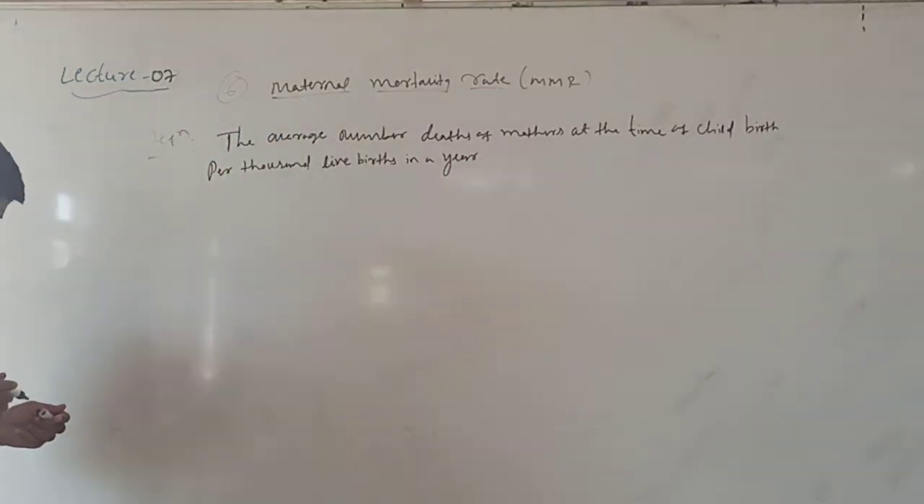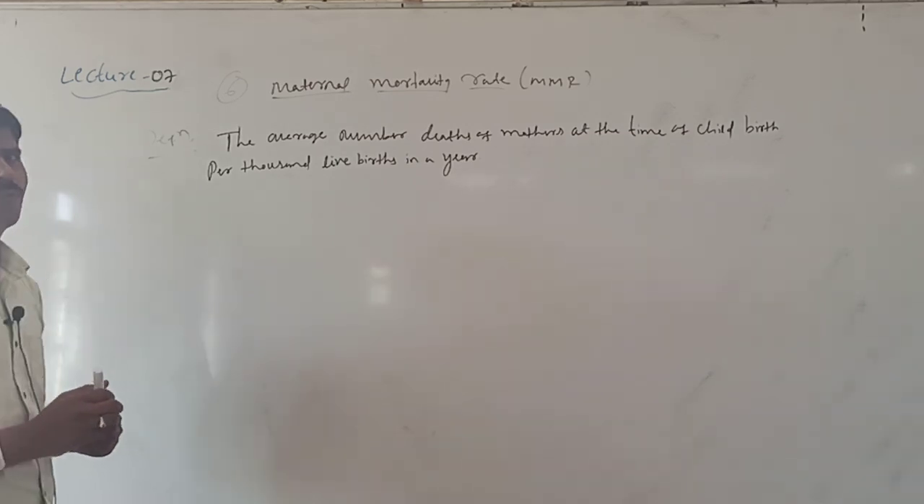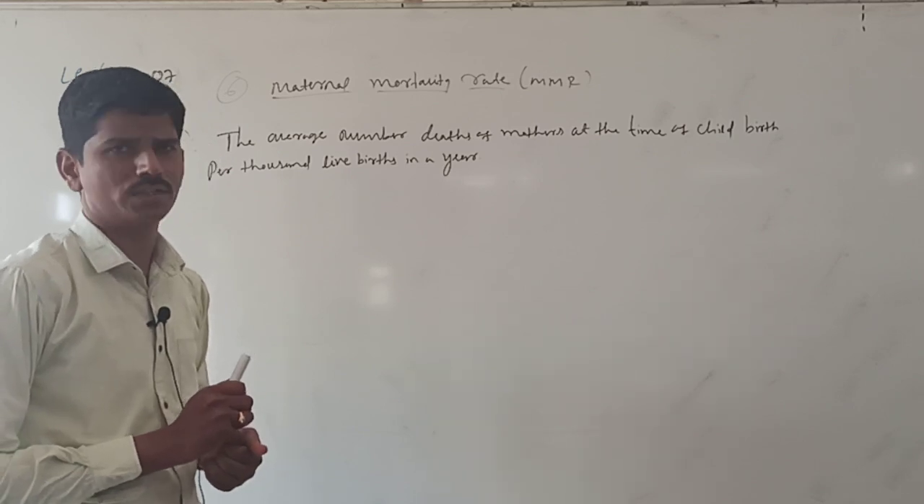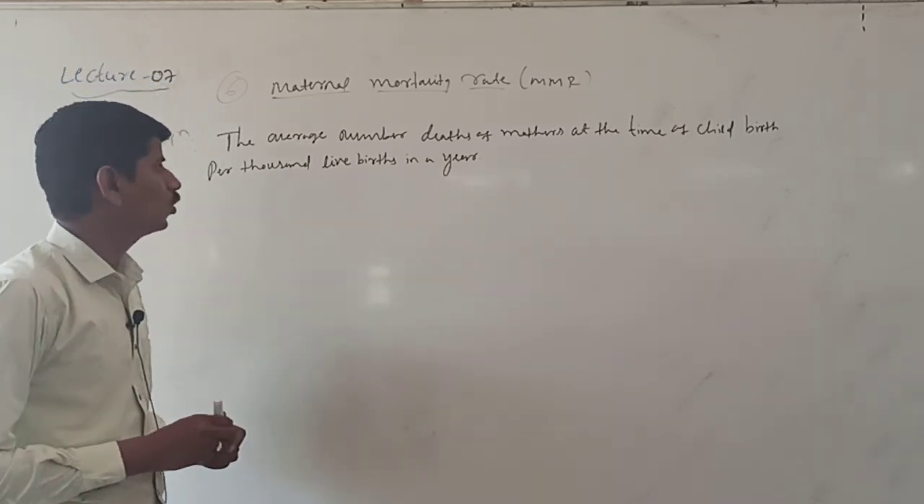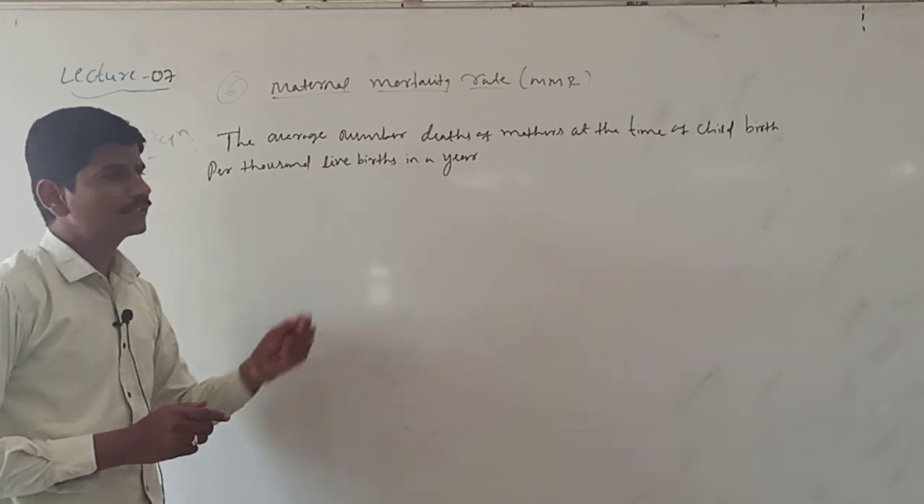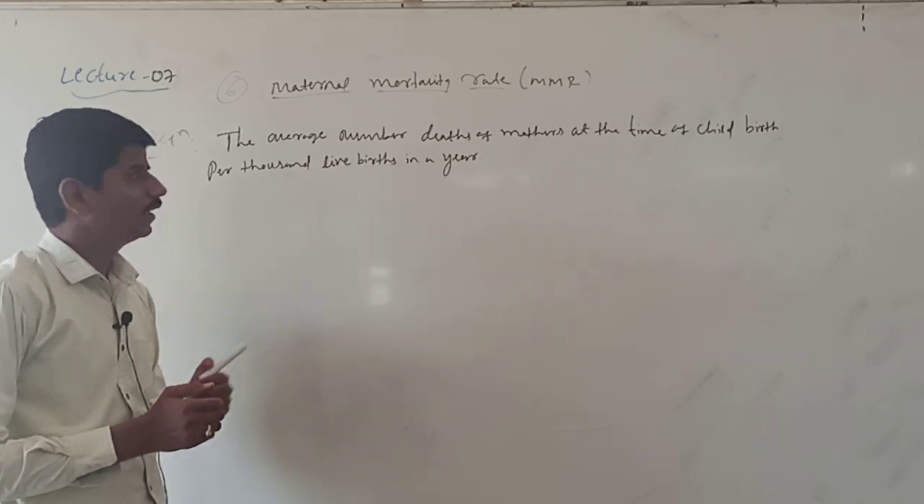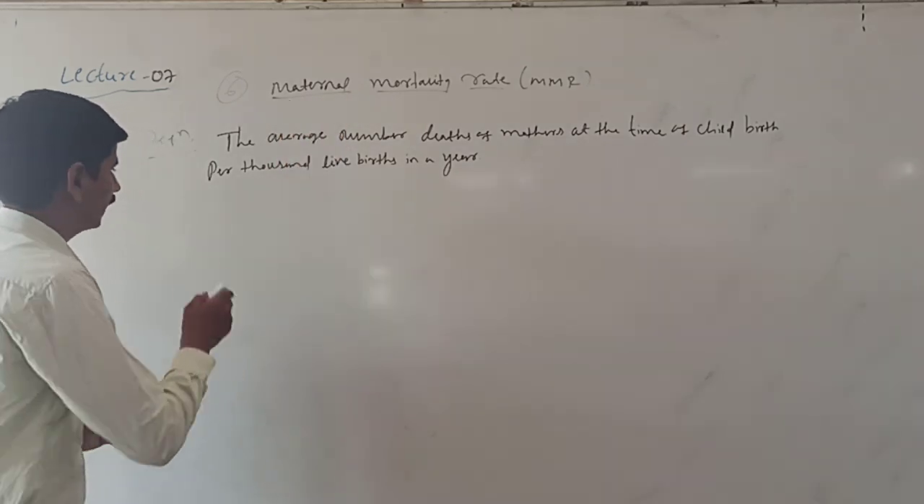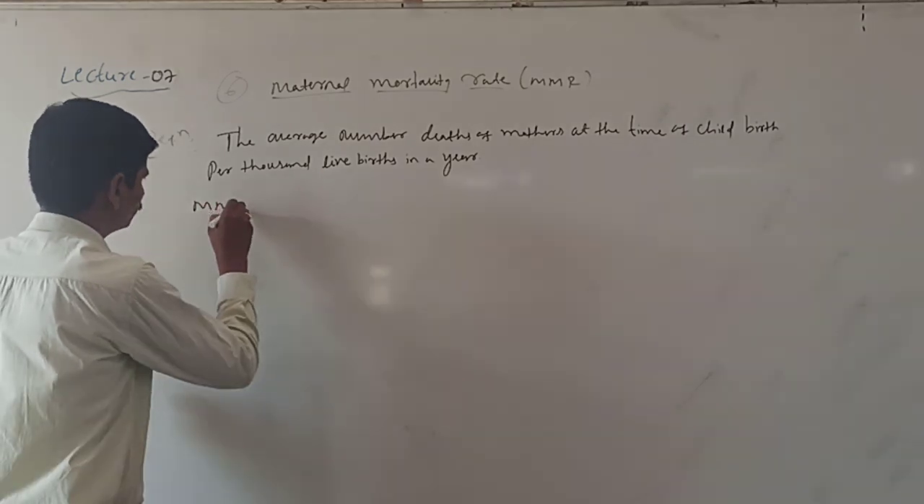What is the maternal mortality rate? The average number of deaths of mothers at the time of childbirth per 1000 live births in a year. Out of 1000, yes, mother deaths happen at the time of childbirth, all that is considered only as maternal mortality rate. Okay, it can be calculated as MMR equal to